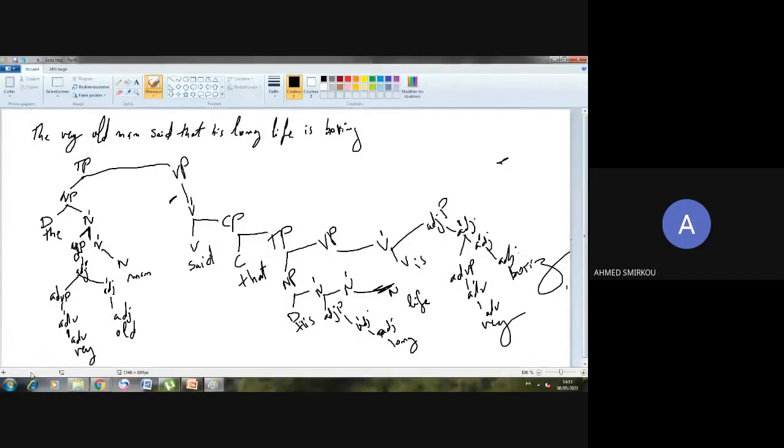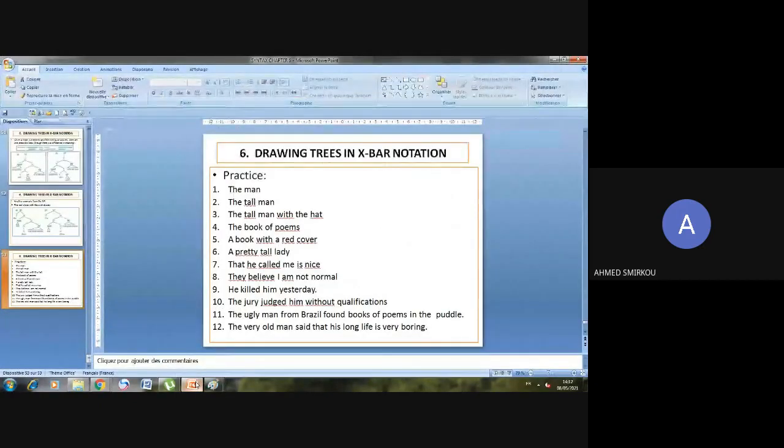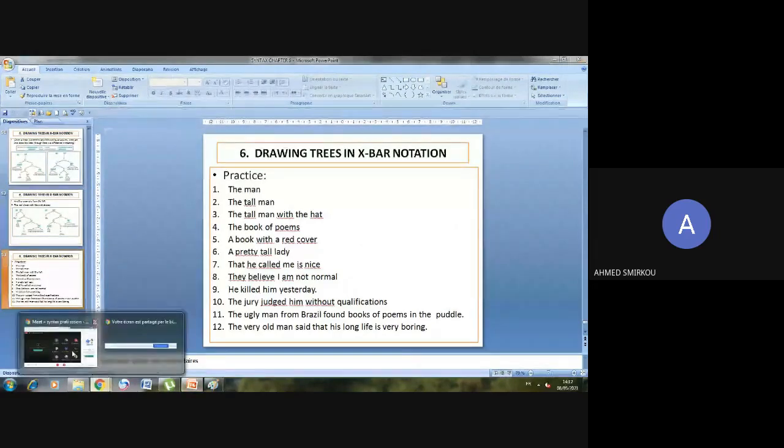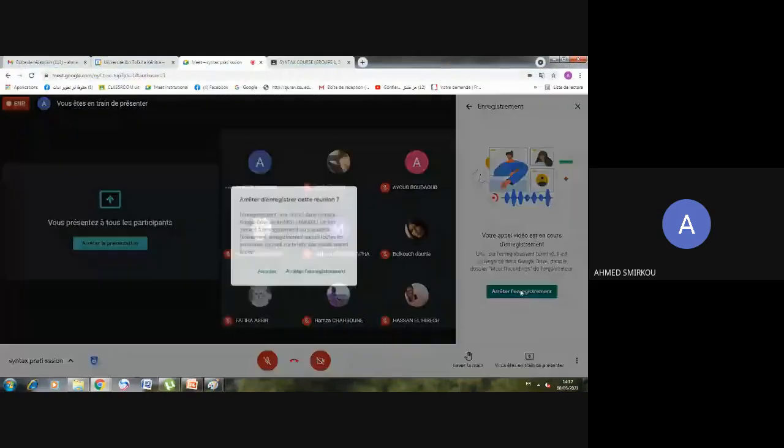So if you know how to branch this, you'll have no problem in the exam. I will give you a sentence similar to this one, to branch using X-bar theory. This is one of the exercises that will surely be included in the exam. I'll give you a sentence, a clause, or maybe a phrase that may also include ambiguity, to branch, and you'll have 3 points for that. Okay, so we stop here. I'll share